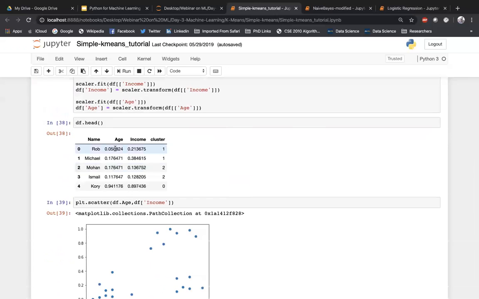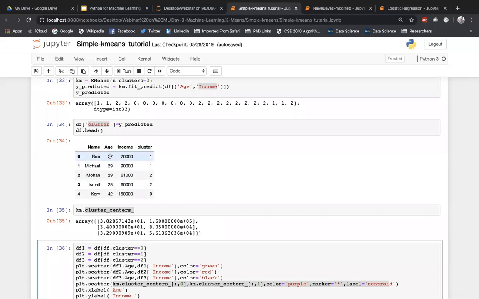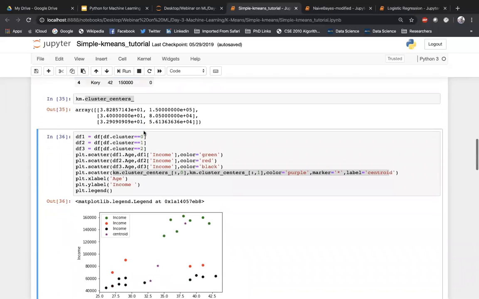Okay, so what I have done is I have put age and income, both of them, through the scaler function. Instead of a large number, look at the age, which is in double digits, and income is in 5 or 6 digits. So there is a huge variance. It is not always a good idea to plot clusters like that, because your values are too large.